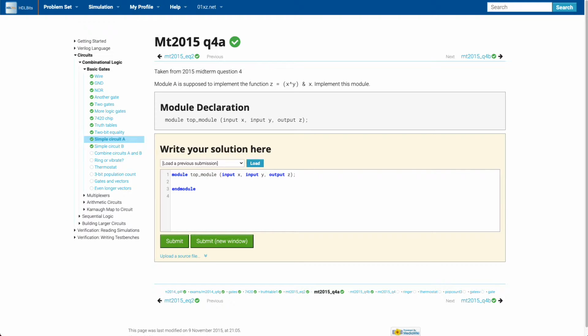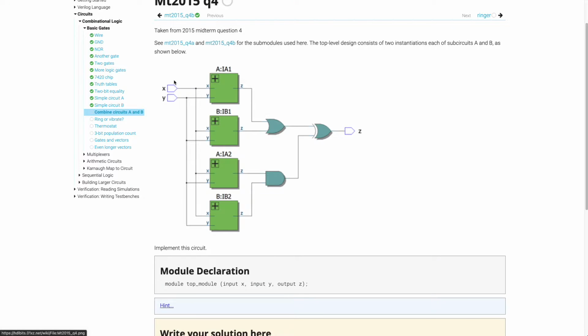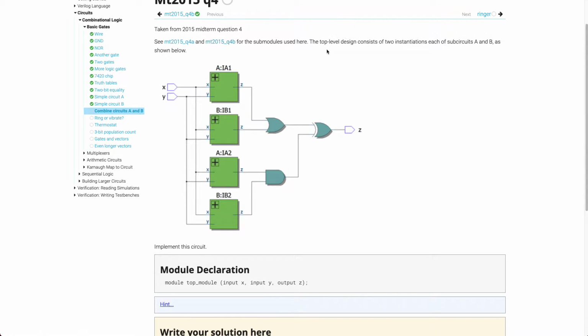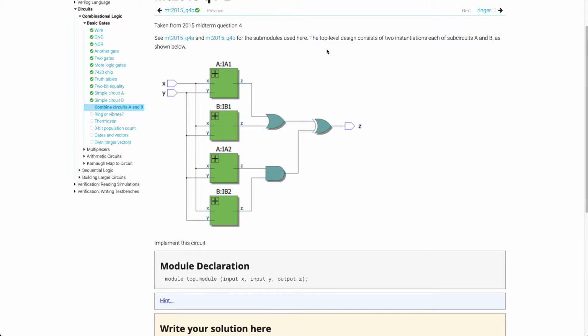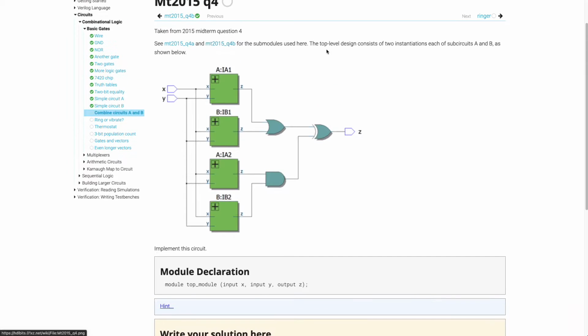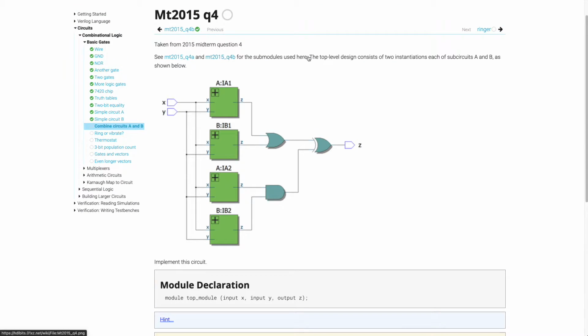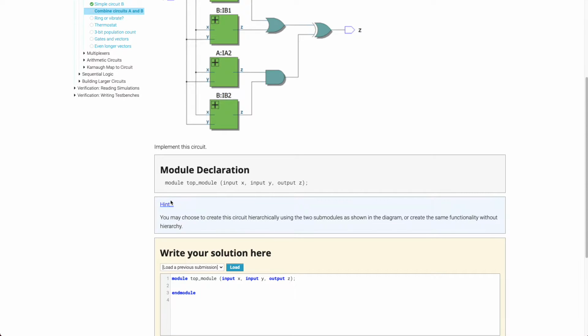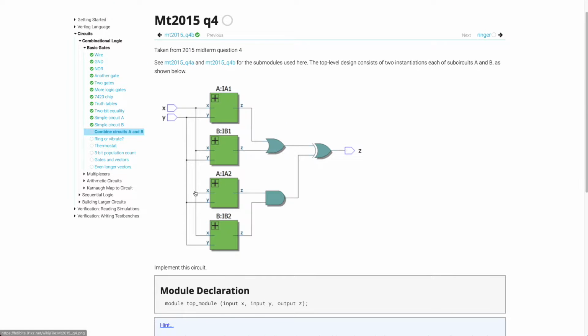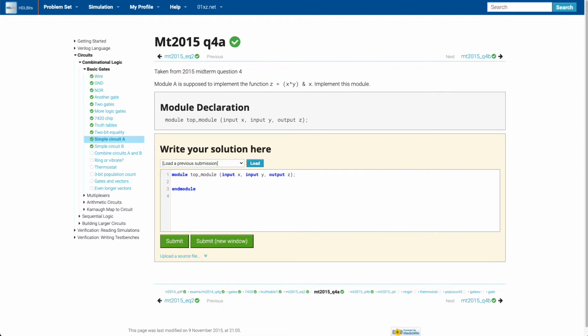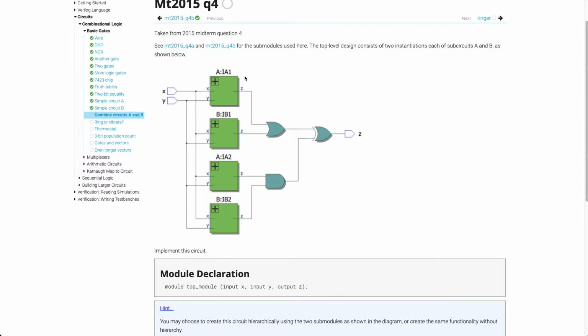A and B. Top level, two instantiations of subcircuit A and B. Implement the circuit. Does this exist as a module, or